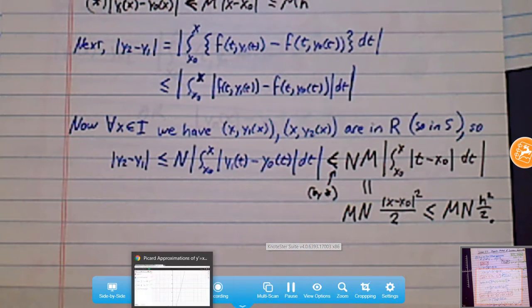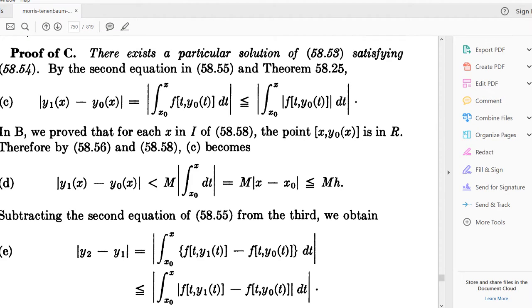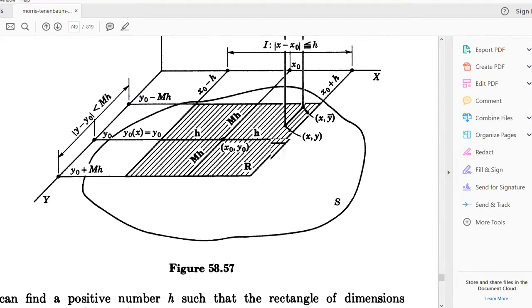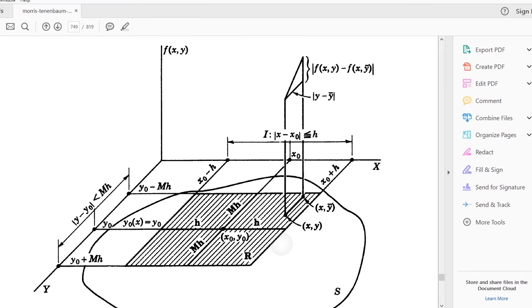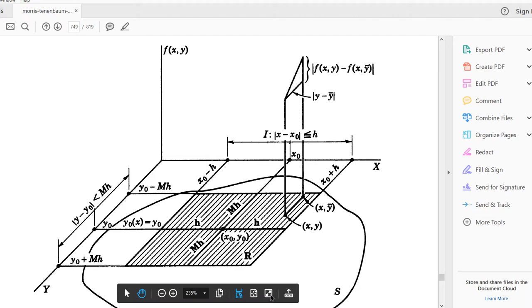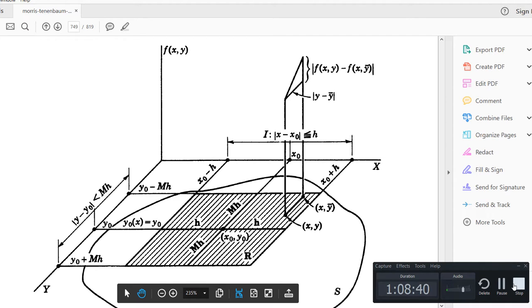So let's take a peek at the picture. Oh, I lost the picture because I went back. Here it is. Yeah, we're going to stop. We're going to say, guys, we didn't get to part C very far. That's okay. I think you saw some things about proof and got our hands dirty enough that maybe we appreciate existence and uniqueness more than we do. So when you're measuring the distance between like the 2 functions,